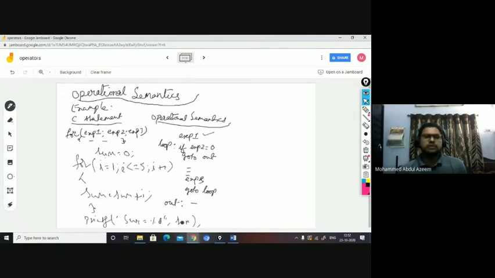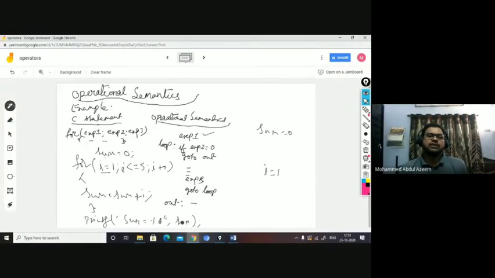So how is the for statement going to be executed? See, this i equal to 1 is expression 1, i less than or equal to 5 is expression 2, and i plus plus is expression 3. So the operational semantics of the for: first expression 1 is executed, which means i equal to 1 is done.